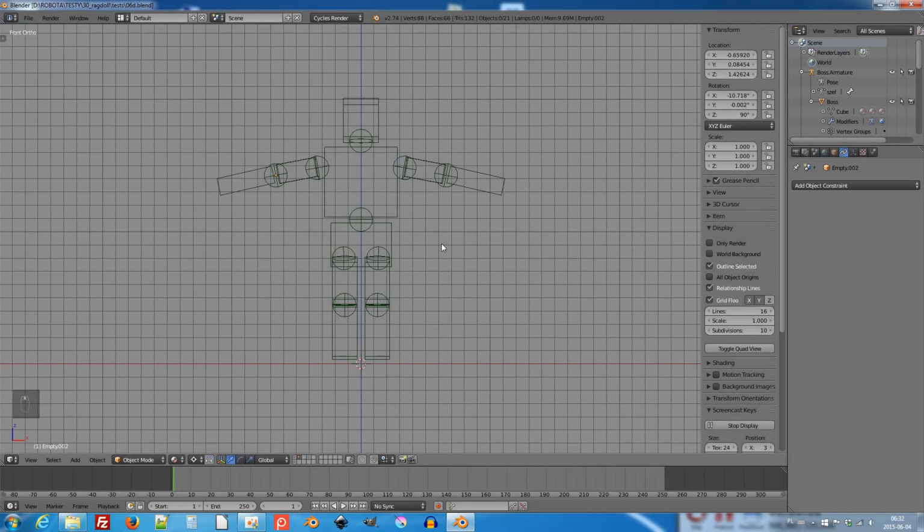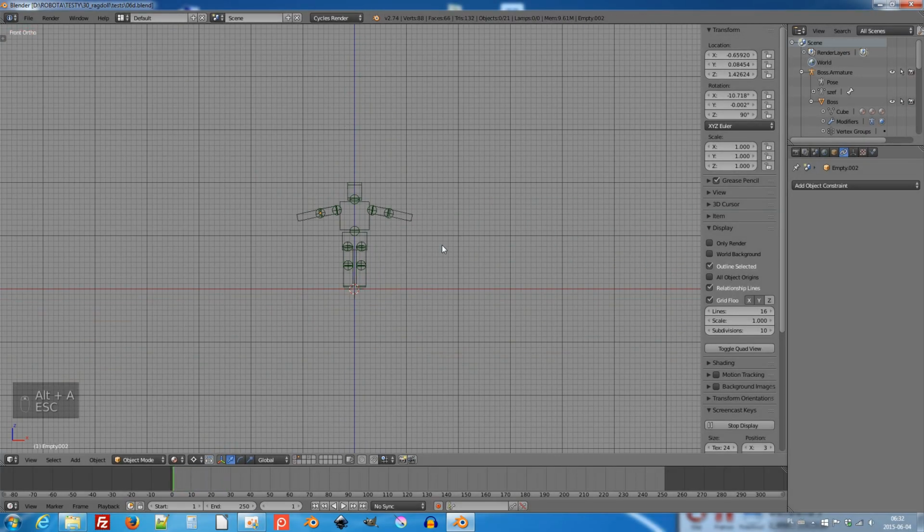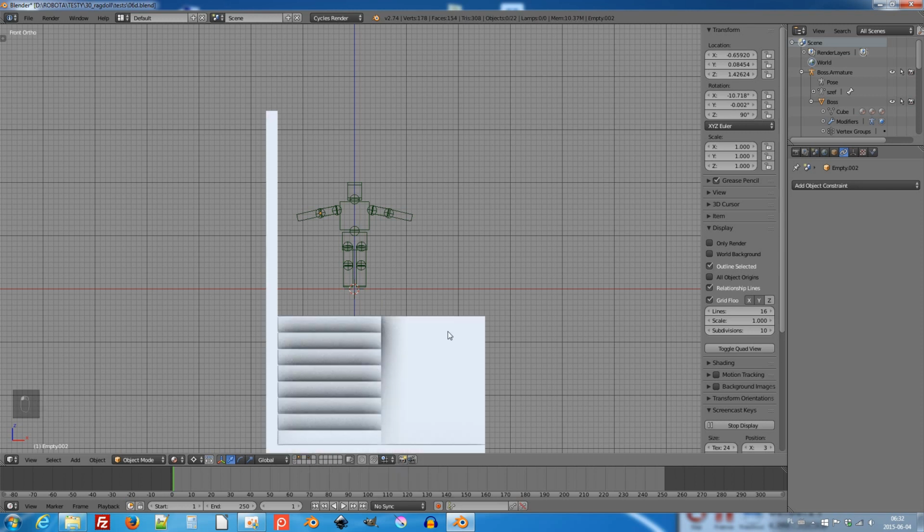Now if I run the animation, the object explodes. I don't know why. But if I turn on the other layer with rigid bodies, then the animation is working. But still we must connect